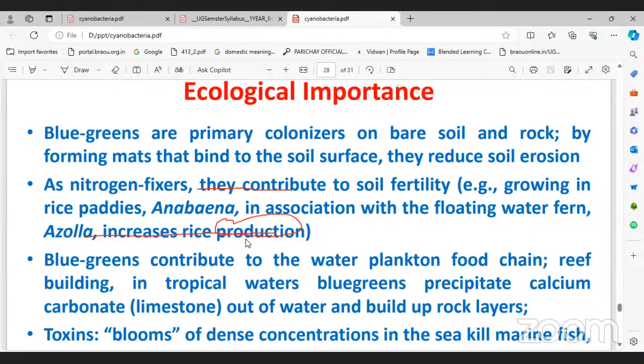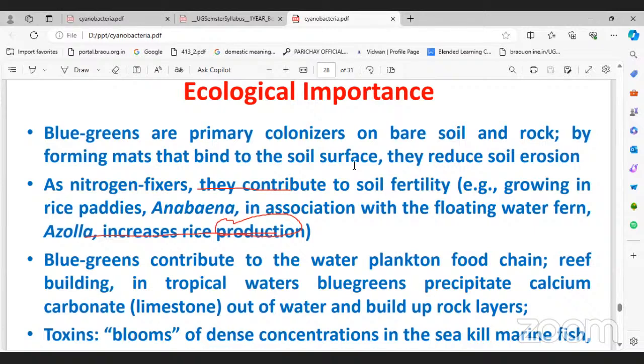But what happened? Lichens, which include some of the cyanophyte members, can grow on rocks. As they grow on rocks, weathering occurs. Due to the weathering, soil forms, and this is now available for the development of plants. It gives the proper habitat for plant development. And ecologically, another important point, as I already told you, is that with the help of heterocysts, they fix nitrogen.